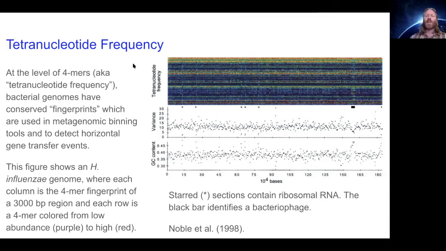So when we talk later about metagenomic binning, we'll go into this in a bit more detail. But one of the things you have to be careful of is if you're using an algorithm to produce metagenomic assembled genomes that only uses tetranucleotide frequency, then essentially you're going to miss all of the horizontal gene transfer because it'll be over in another bin somewhere else. The same thing happens with